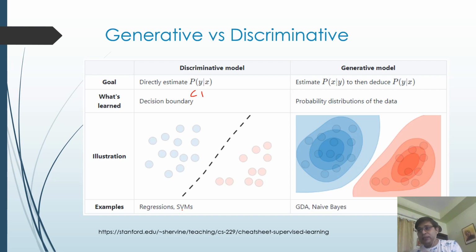In contrast, a generative model tries to fit a probability distribution. You see that there are these two classes and you are trying to fit different probability distributions, trying to understand the parameters. If you can do that, what you are trying to estimate is probability of x given y. So if it is told to you that the class is the red class, you can say what are going to be the coordinates of these particular points. So this is the goal of the generative model, and as it tries to learn probability of x given y, it can also generate new samples. This is one of the advantages of a generative model.